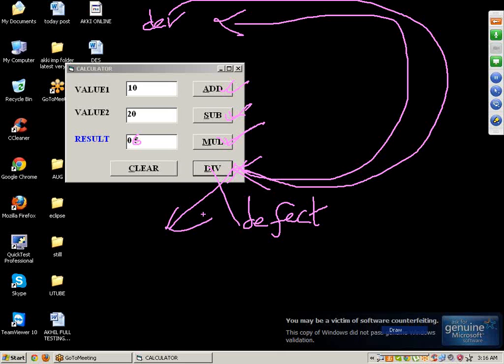Make sure that once it's rectified, it should work again in the same module. I will tell you. Whenever the testers have raised the defects,